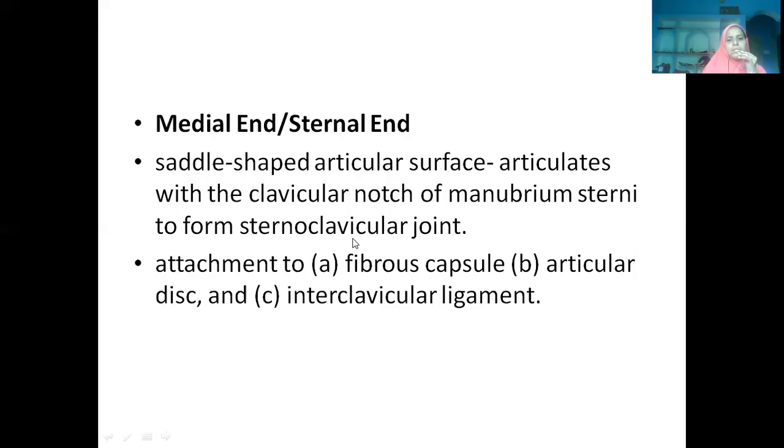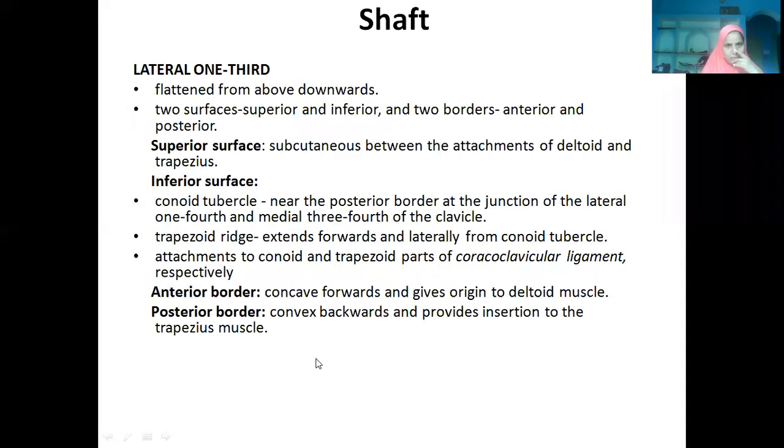So the margins, what is the name of the joint formed here? Sternoclavicular joint. We know the margins are giving attachment to the fibrous capsule. Inside the joint, if you remember, the temporomandibular joint also has an intra-articular disc. Similarly, the sternoclavicular joint also will have a disc. We will see as we proceed with the further classes. Now try to remember, there is an articular disc inside the joint, and connecting the right and left clavicles, there is one ligament which is called the interclavicular ligament.